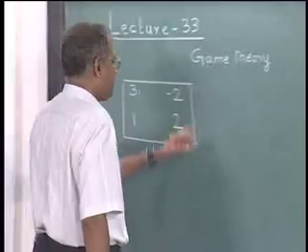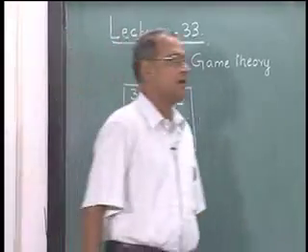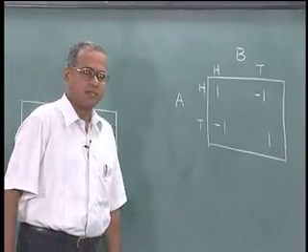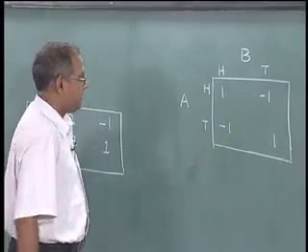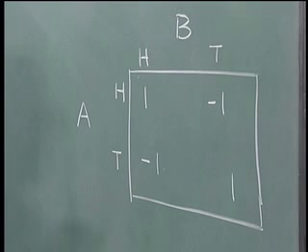In this lecture, we continue our discussion on game theory. In the earlier lecture, we introduced the game theory problem using an example. Here we said that two people A and B are playing a game